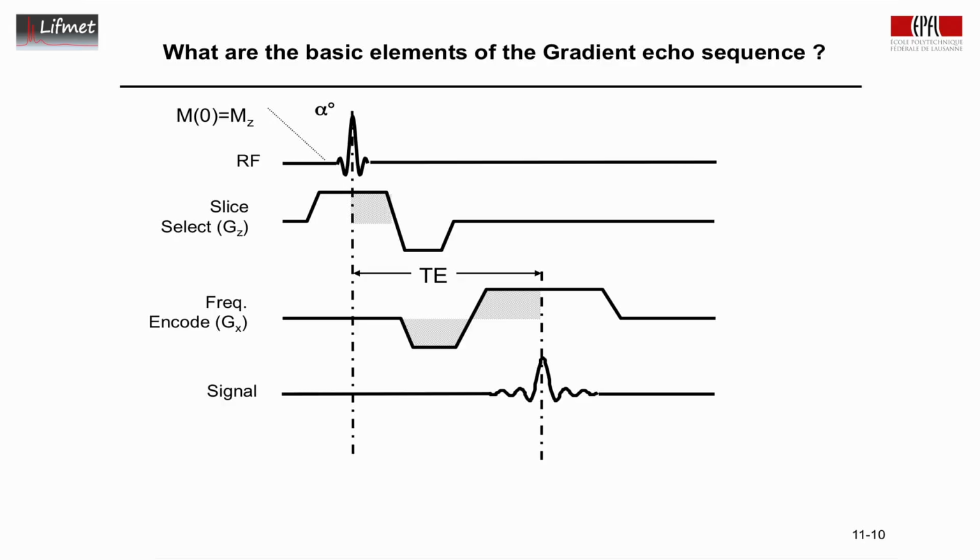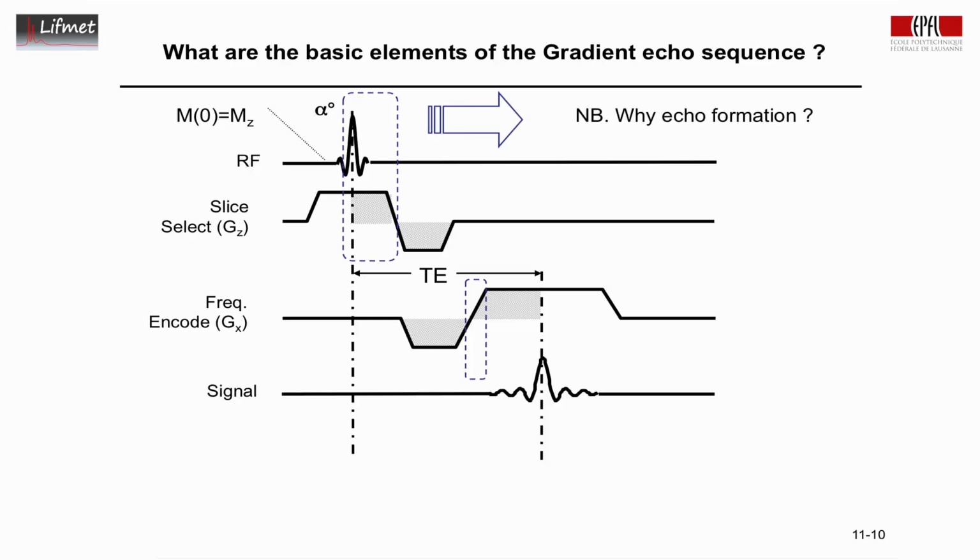And we have a positive gradient afterwards and a negative gradient subsequently. Now, why do we have to deal with this gradient switching in the slice selection? Wouldn't it be just enough to turn on the gradient, do the slice selection, and be done with it? Well, you can see that previously we have assumed that the gradient switched on instantaneously, and here you can see in this gross exaggeration that the gradient switching takes some time. And this has to do